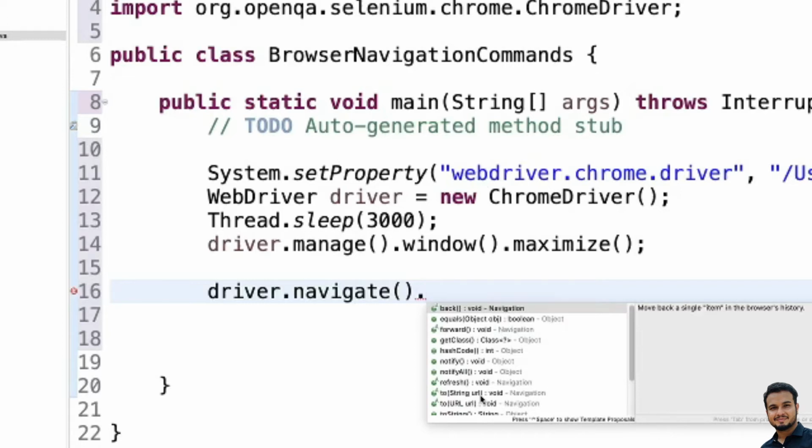So to access the navigation methods, you just need to type driver dot navigate, then you will automatically see all the public methods of the Navigation interface. One more thing to remember here: only methods that are followed by the navigation keyword belong to navigate.